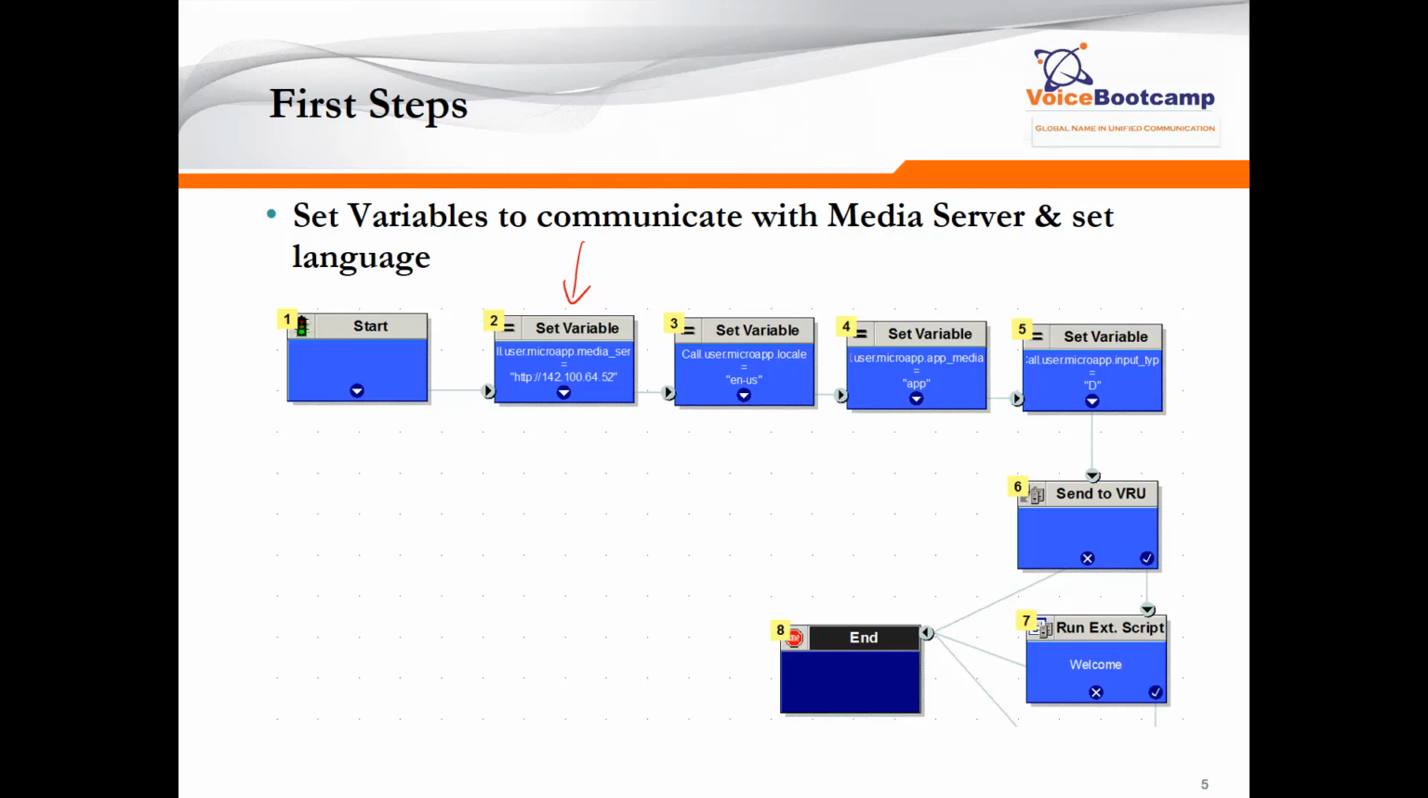So the first thing we do is define the IP address of your media server. This is where the prompts